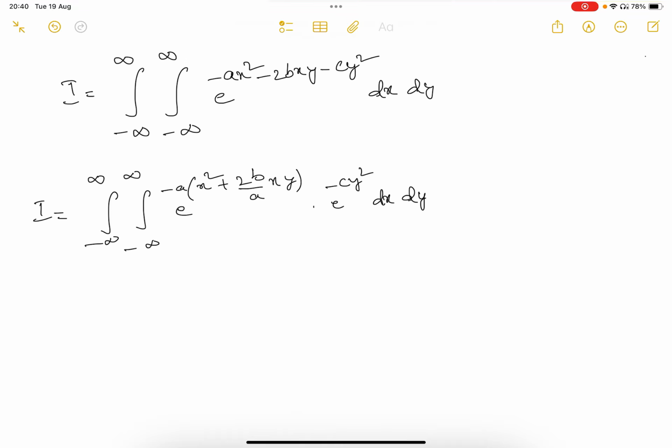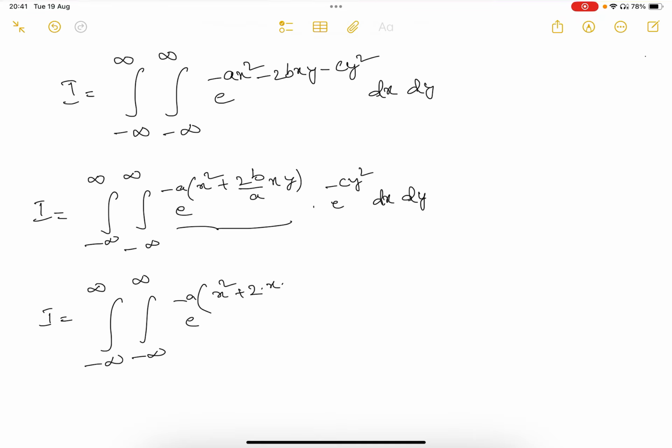As you can see, in the first term, minus a times x² plus 2b/a xy, the a will get cancelled, leaving 2bxy. Fine. So let it be the integral minus infinity to plus infinity, integral minus infinity to plus infinity. Let's try to write the exponent in the form of (a plus b) whole square. Then it will be e to the power minus a of (x² plus 2 into